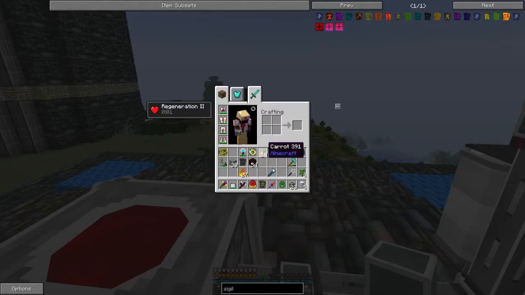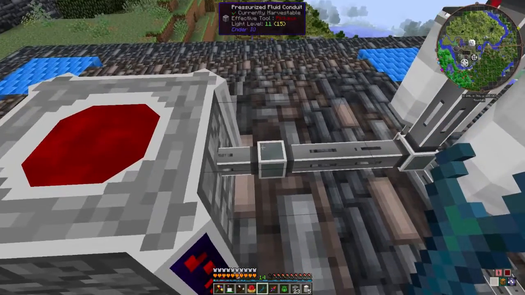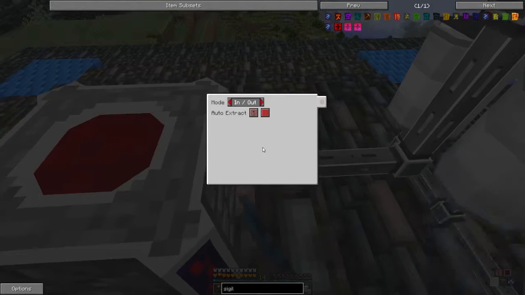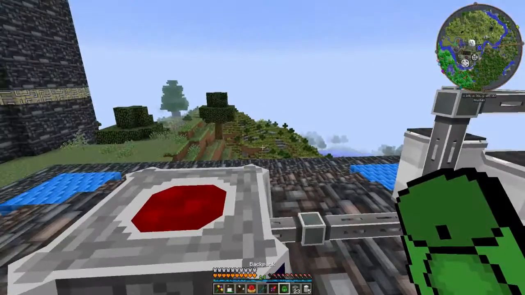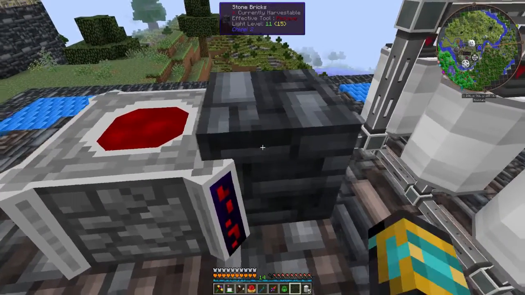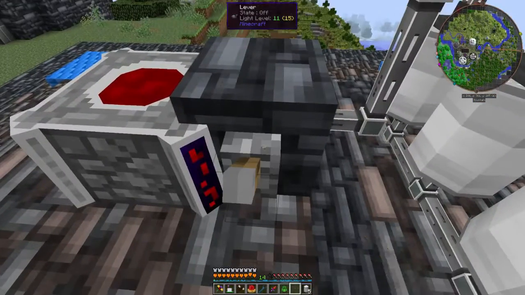Okay, so let me double check. I do have my wrench on me. See, that way is south. Extract. Oh, no, we want in and out. Always active. No, we want to change that. We want that to be active with a signal, so it'll only pull out when it has a signal. And I gotta finish setting these up. Okay, so we'll put this down. And then we also have our lever. I need to get some more of those conduits. So now if I click this,